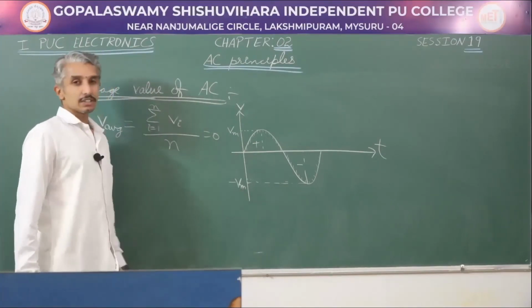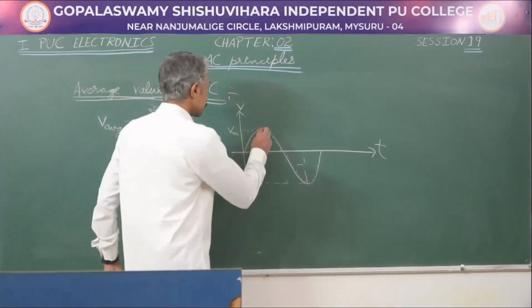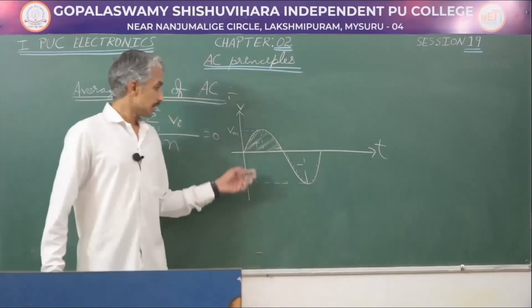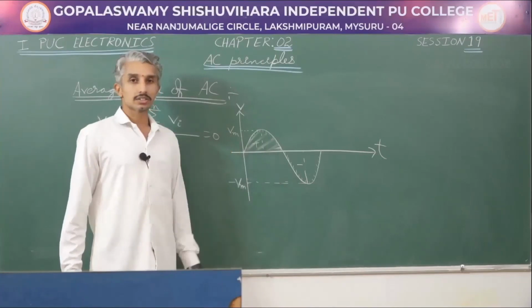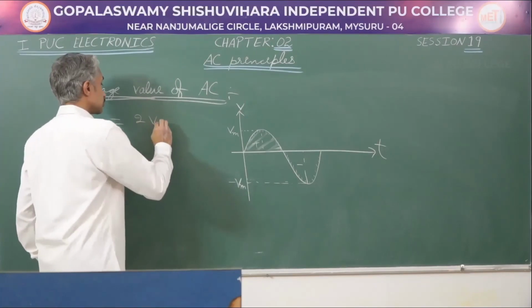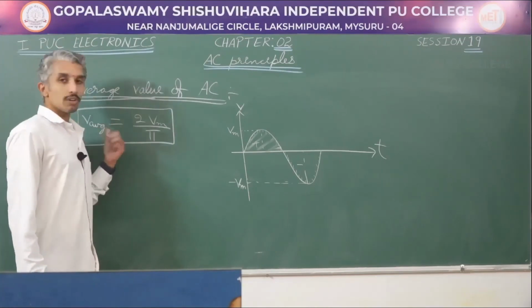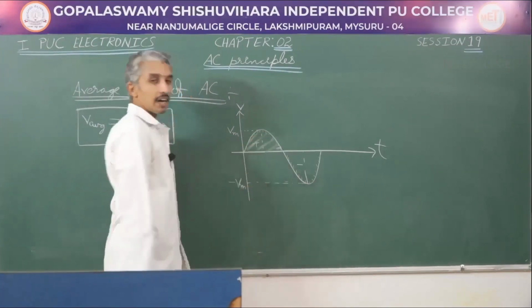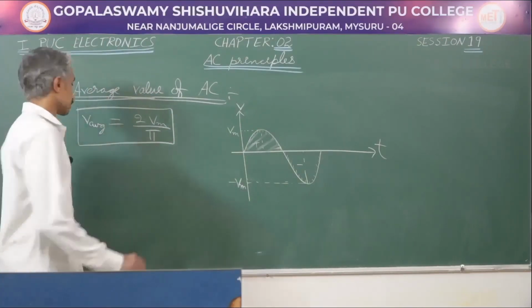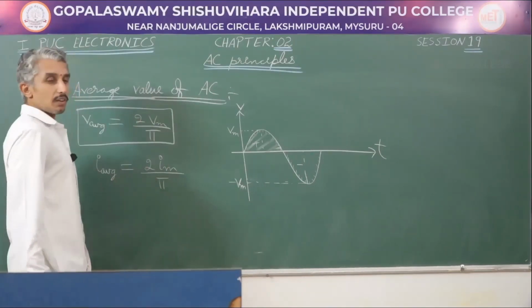So, in alternating current or alternating voltage, the average value is defined only for a half cycle, either positive or negative, generally the positive cycle. In this case we find that V average is equal to 2 times V maximum divided by pi. So the average value of alternating voltage for a half cycle is equal to 2 by pi times the maximum value. Similarly, the average value of current is 2 by pi times the maximum value of current.